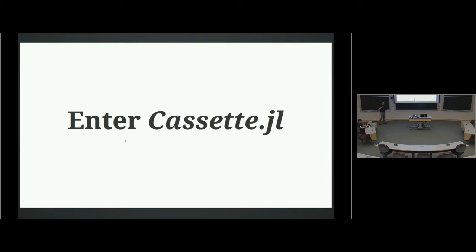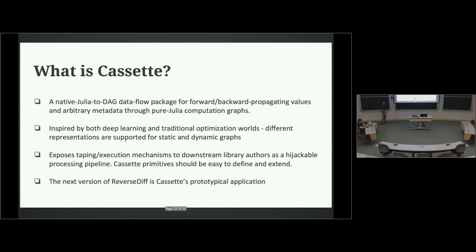So all of those concerns and opportunities got me thinking, maybe I should just write a Julia to DAG library, and that's now what I'm doing. I call it Cassette because there's a lot of opportunities to shoehorn in audio puns, and that's always a good thing. So it's a Julia to DAG data flow package for forward and back propagation of values in arbitrary